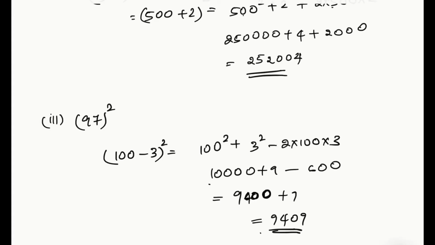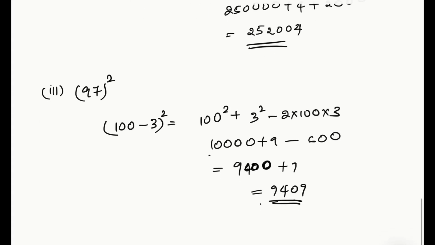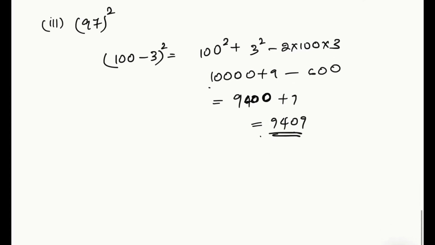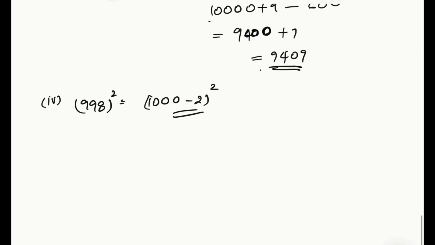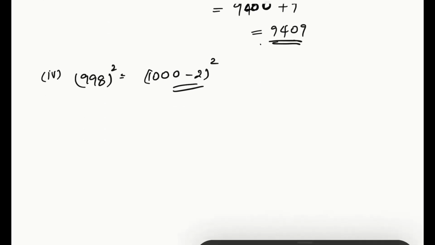Hope it's clear. Similar way you can do the fourth question also. I'll just give you the splitting. It can be split like this. 998 square can be written as 1,000 minus 2 the whole square. Okay, this is how you do it. Let us come to the third main. So in the third main I have